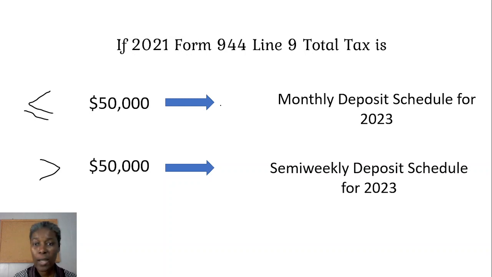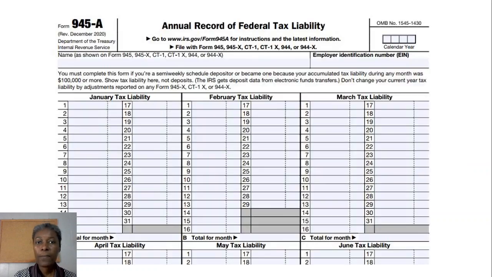So you will pull that form and look at line 9 to see your tax liability, to be able to decide which deposit schedule you need to choose for 2023. If it turned out that it is more than $50,000 your tax liability 2 years ago, and you have to choose semi-weekly deposit schedule, you might want to track your